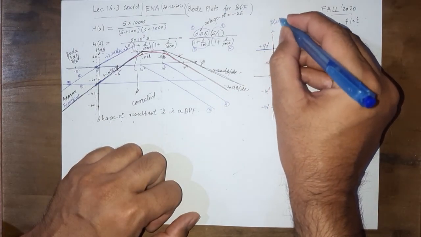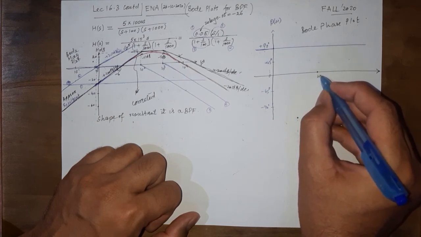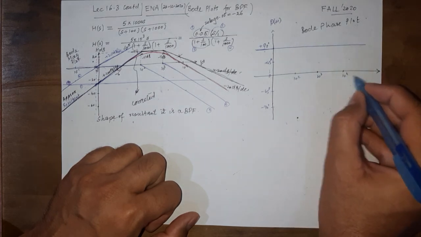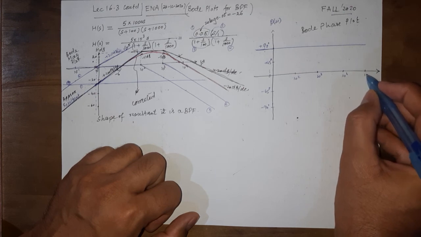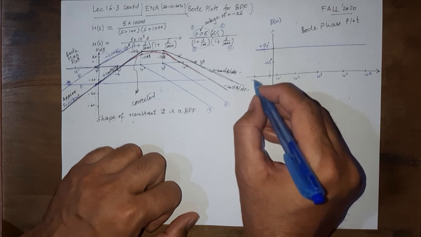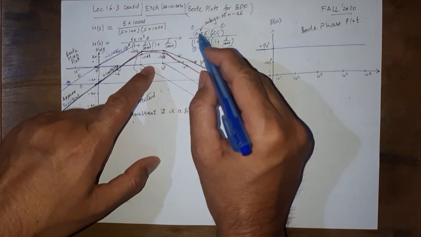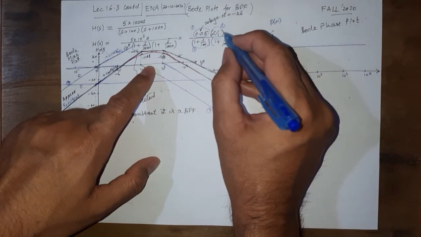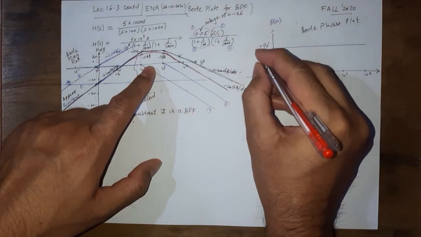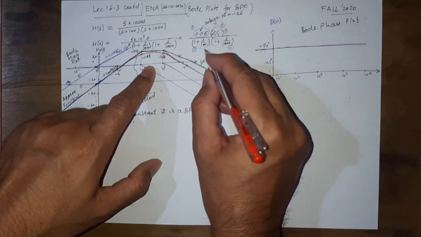And if suppose this is 10 raised to the power 3, then this is 10 raised to the power 2, this is 10 raised to the power 4, this is 10 raised to the power 5, 10 raised to the power 1, 10 raised to the power 0, and so on. So here once again, how we are going to draw 0 degree phase associated with this one, plus 90 with this one. So for phase diagram, let us use the red pen. So we say it is a plus 90 degree line. So this is the first term, and this is the second term.